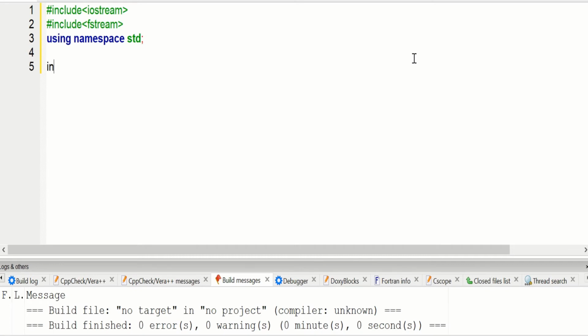Now, in the main function, ofstream my file,